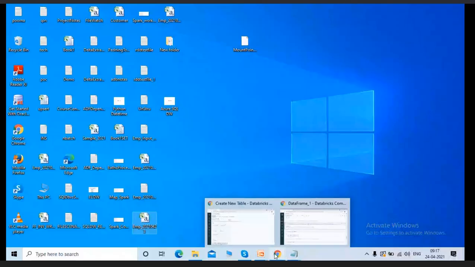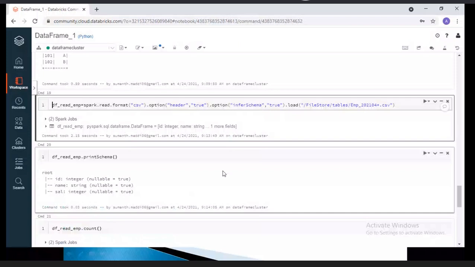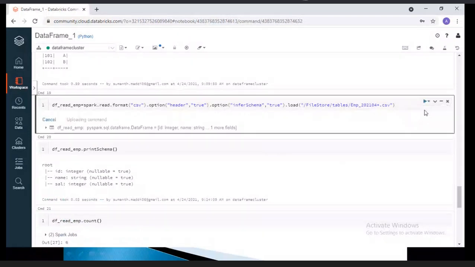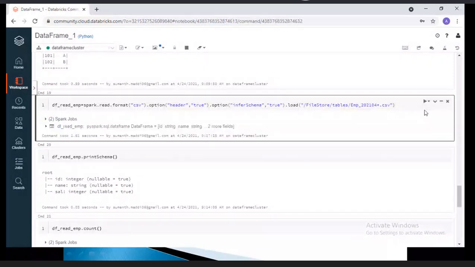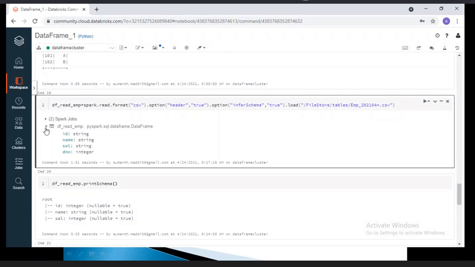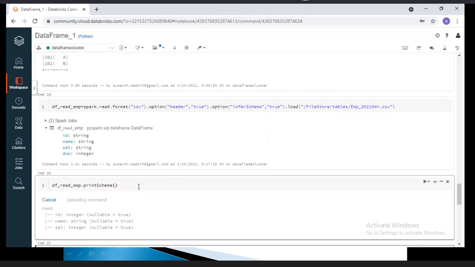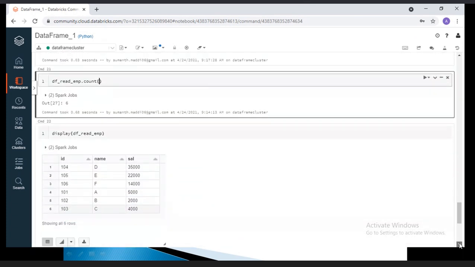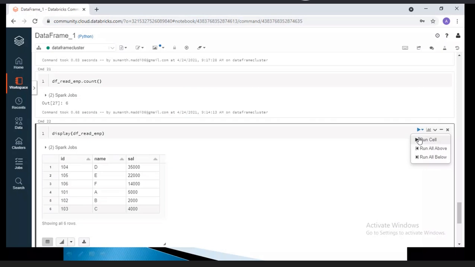We'll see, because we are not using the permissive mode.